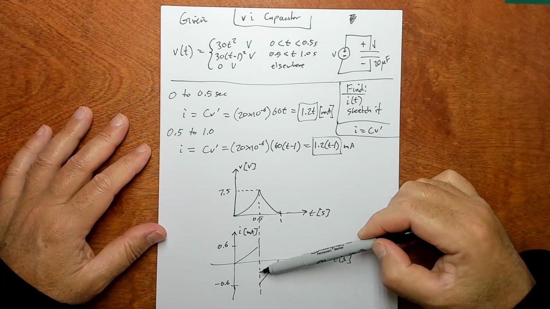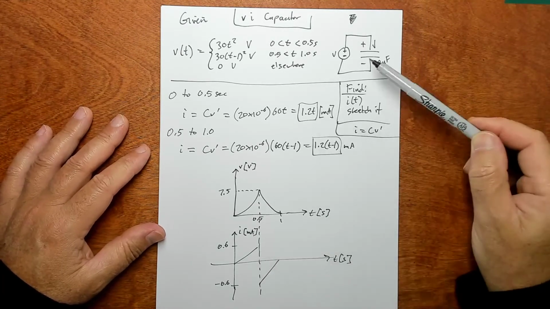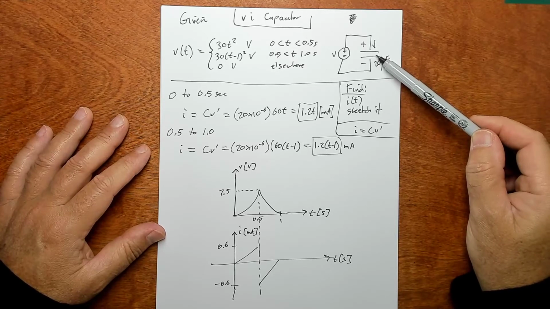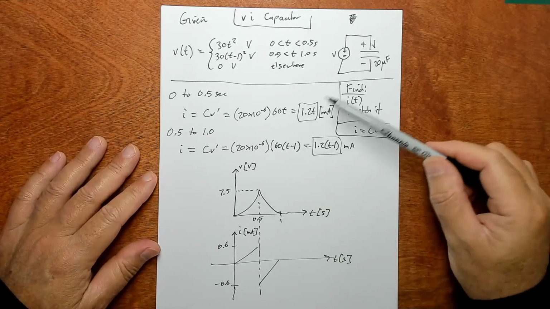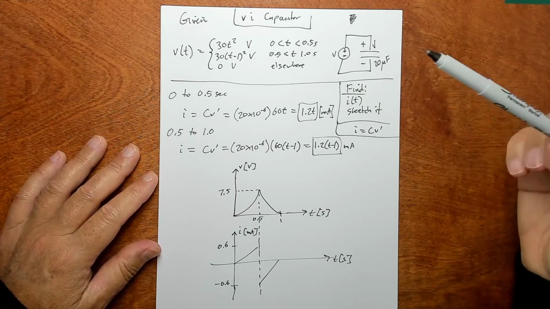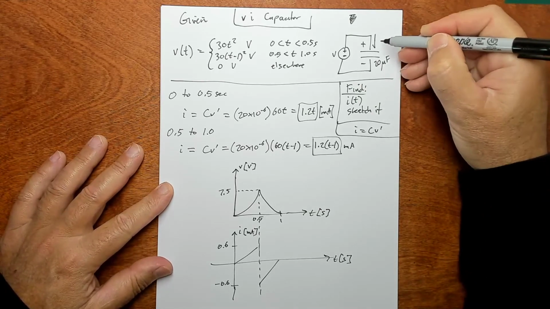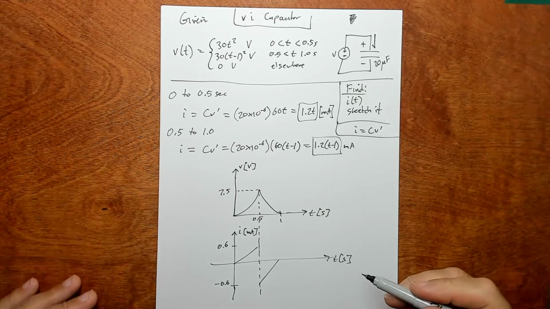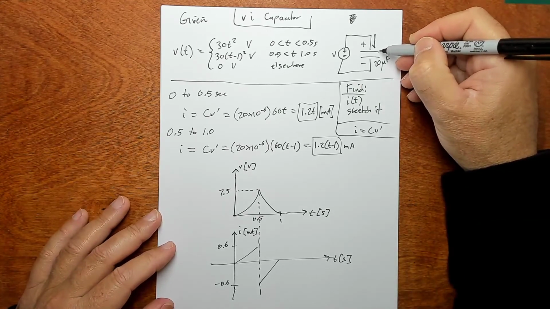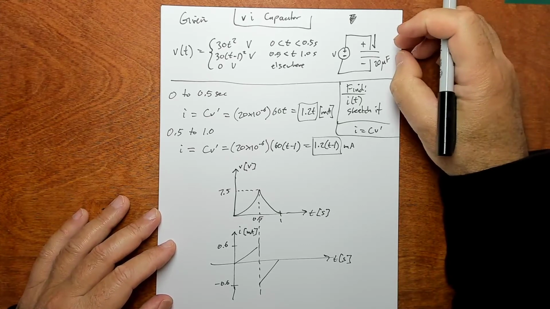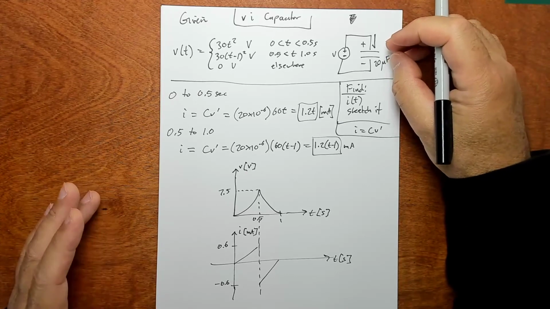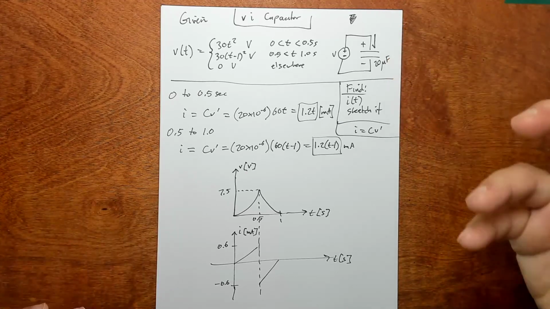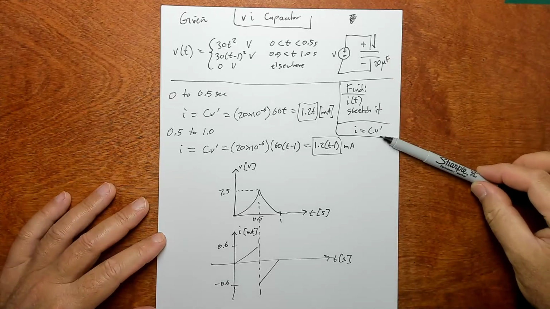See, we've got a step change in current, which is okay for a capacitor, but we do not have a step change in voltage, which is what we'd expect from a capacitor. Remember, capacitors cannot step change in voltage, because that would imply an instantaneous change in the energy that's in this thing, which can't happen. All right, so just a real short little problem, just playing with this I equals CV prime and